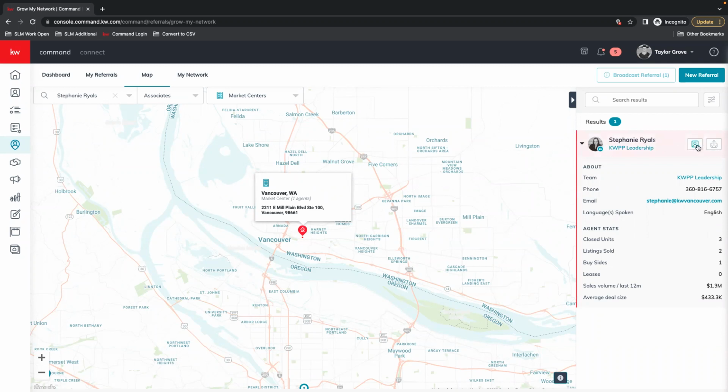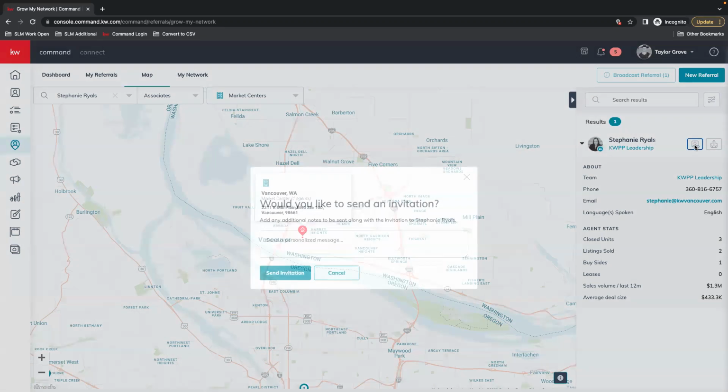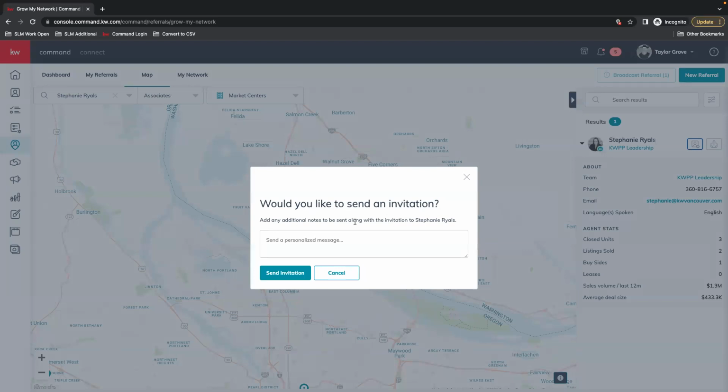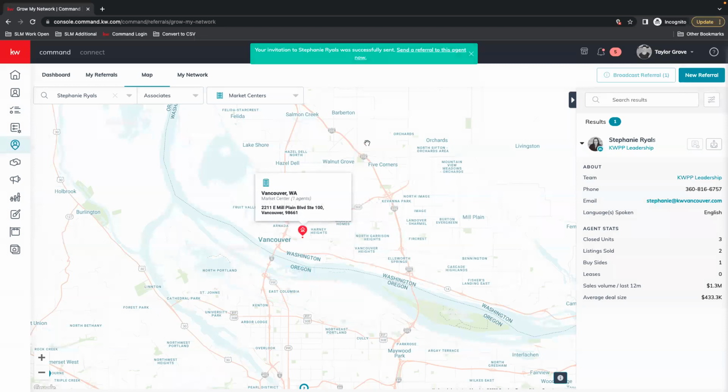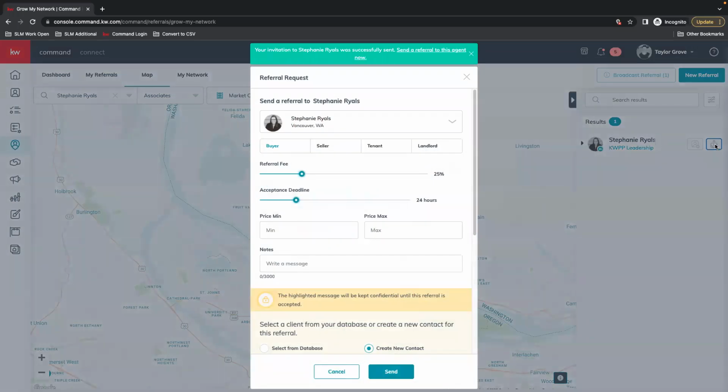Now I have a button where I can do a quick add, send an invitation so that she can join my referral network. Or even if she's not in my network, I can directly from here send a referral.